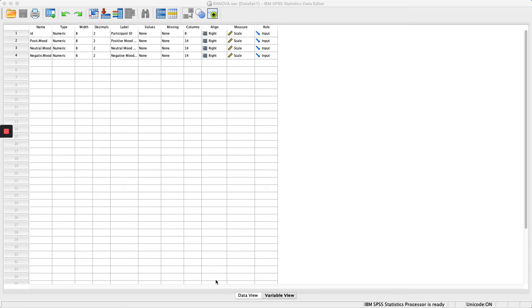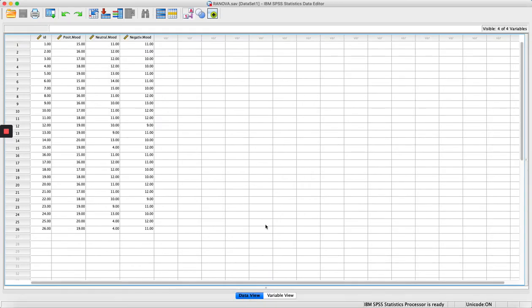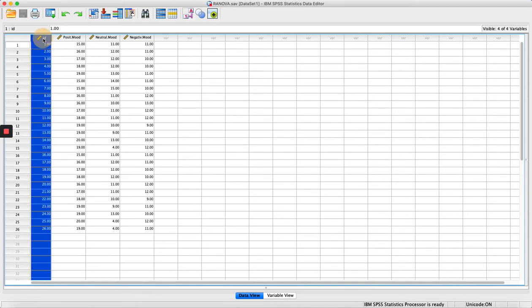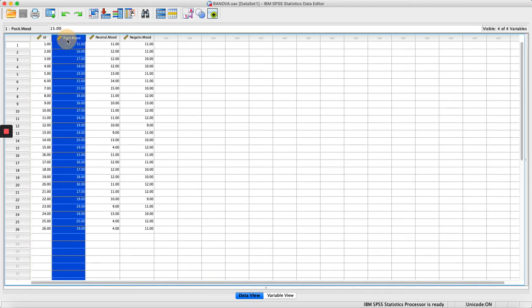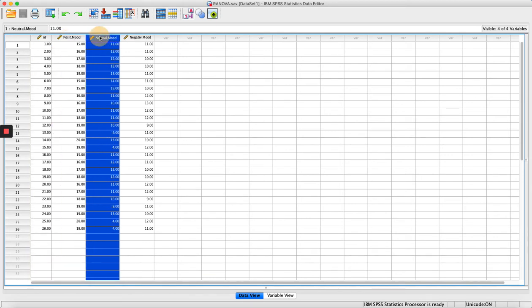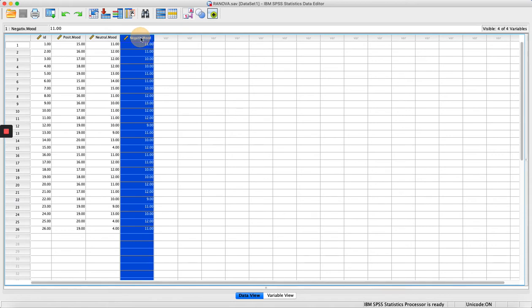Hello, class. This is the recording for how to conduct repeated measures ANOVA in our homework. And I've just opened up and set up the file for everyone in SPSS. And remember, you will have three variables. So you'll have an ID variable, a positive mood variable, a neutral mood variable, and a negative mood variable,